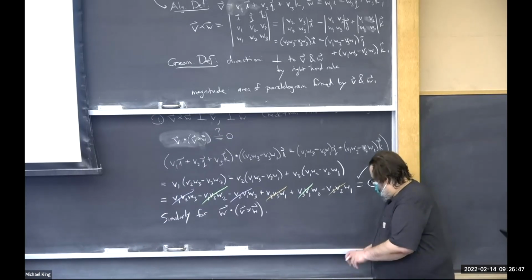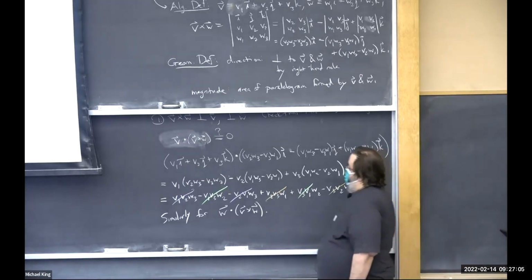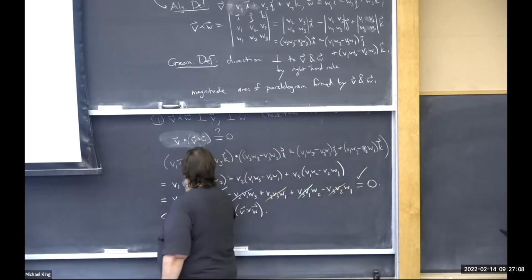Okay, so they really are perpendicular. That's exciting. Maybe I won't write this all out, but you can check pretty quickly that you get this anti-commutativity property that V cross W is negative W cross V. If you just look at the definition,